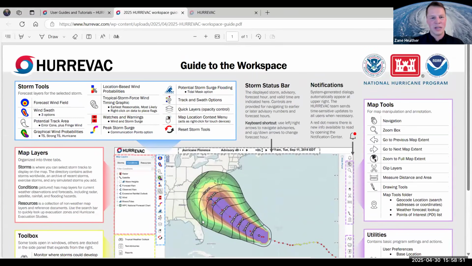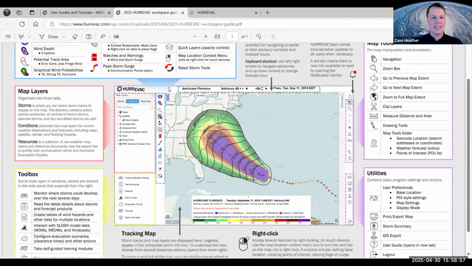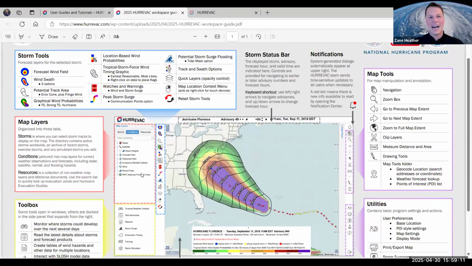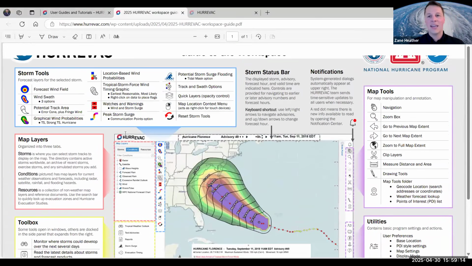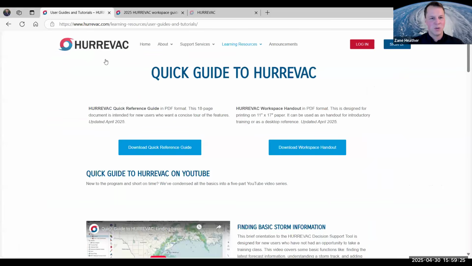This is essentially a down and dirty of everything you need to know about the HRVAC tool, the associated map layers and functionalities. I keep this on the side of my desk at all times because not only does it help me stay informed about HRVAC, but it helps me communicate HRVAC to other people. It's easier to point at this, give them a resource and say, go forth and conquer, than sometimes talking people through a tool itself. So I highly recommend printing this out and having it on hand. If you're a new user or experienced user, it's a very useful device for understanding HRVAC, everything that's encapsulated in it, as well as what types of functionalities you can get to based off different sections of the tool. Again, that was in Learning Resources, and then right here, the Download Workspace handout.